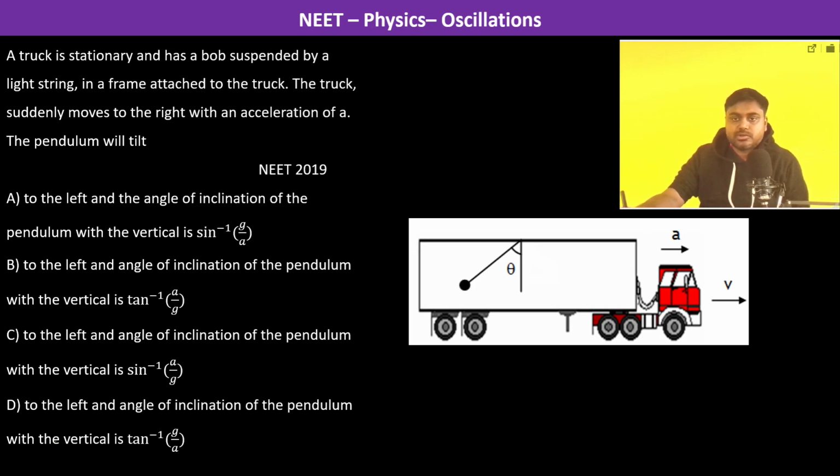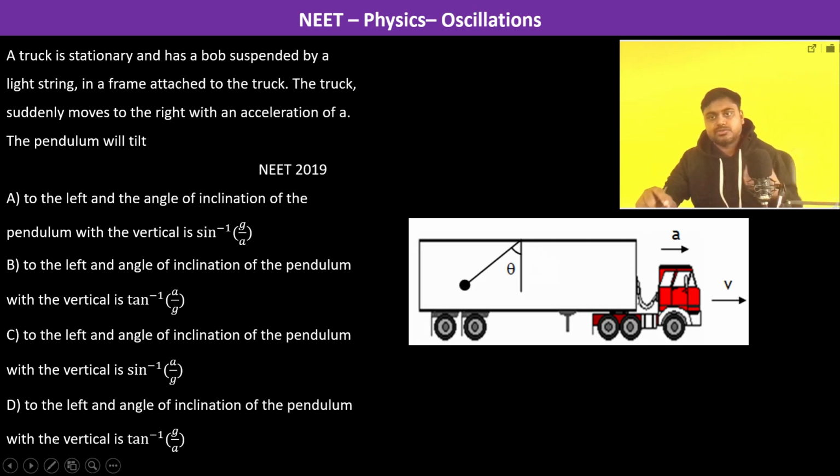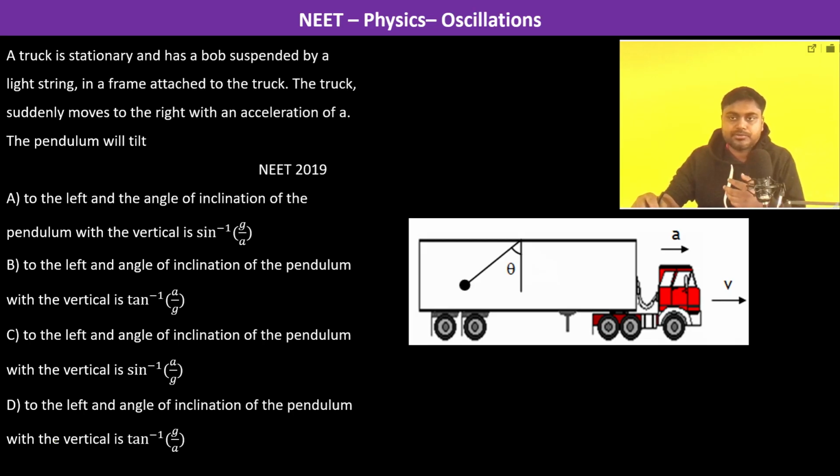We will solve this question from two methods. One is from the ground frame of reference and second is from the truck frame of reference. So let us say that the observer is standing here. So the observer is moving with an acceleration a. Since the observer is moving with an acceleration a, and now when the observer is seeing this bob, so